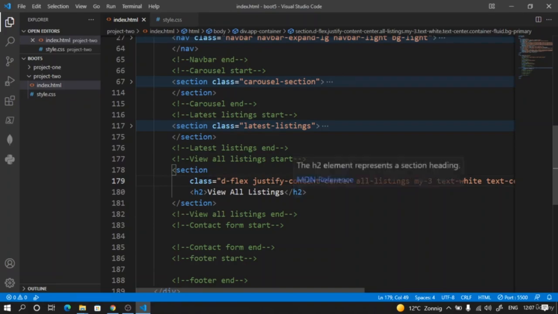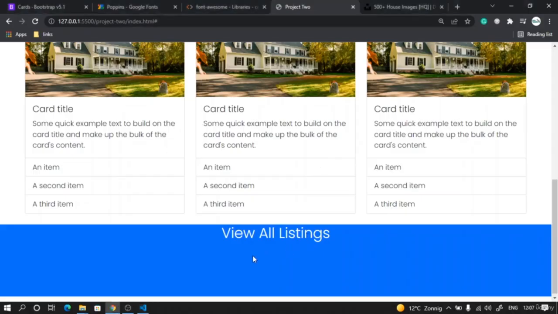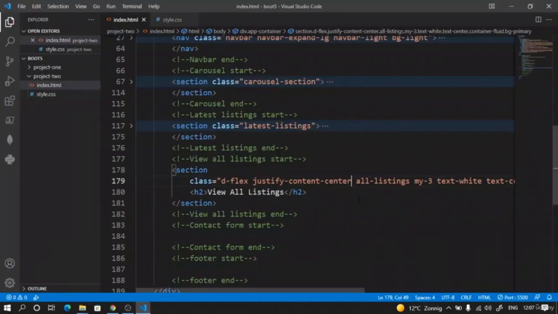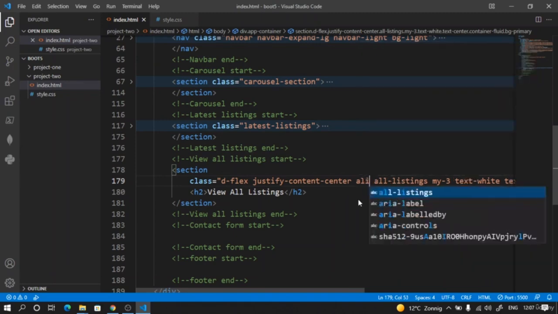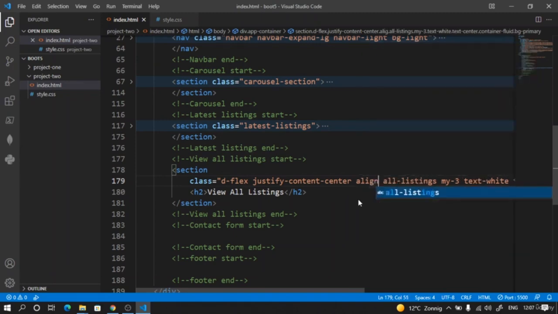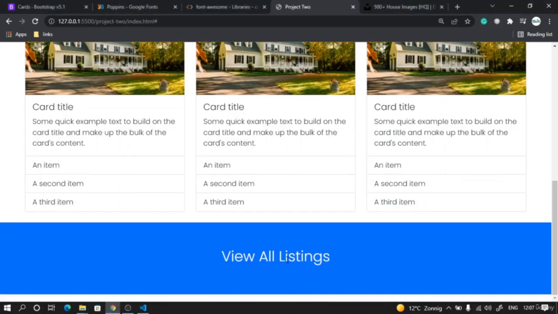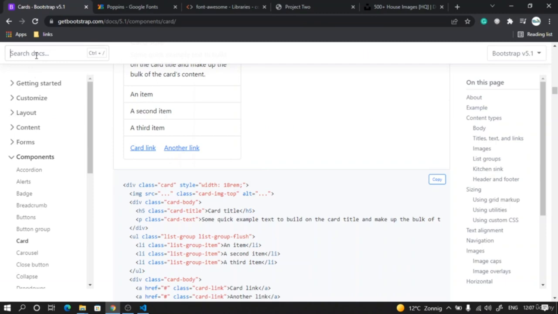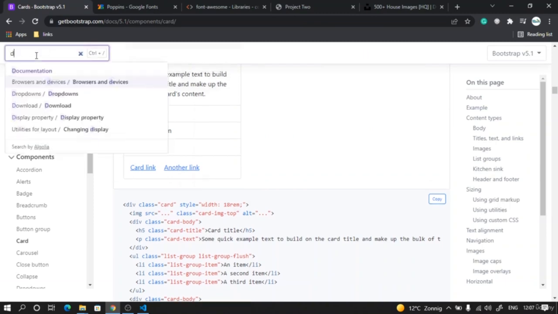And if I want to make it vertically center also, then I have to say align-items center. And here it is now at the center. All this you can find in the documentation. So if I say d-flex,